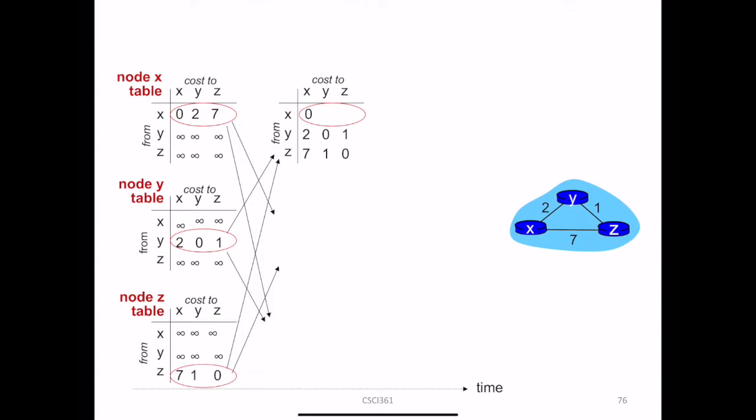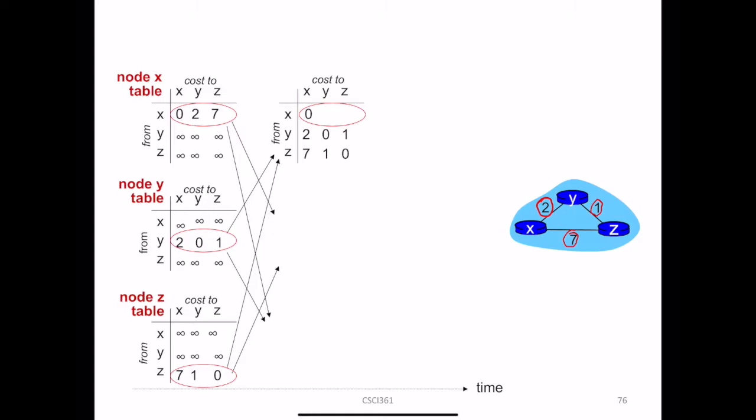Then let's see our example. On the right side, we can see the topology is quite simple. It only has three routers, X, Y, and Z. The link cost from X to Y is equal to 2, from X to Z equal to 7, and from Y to Z is equal to 1. So initially,